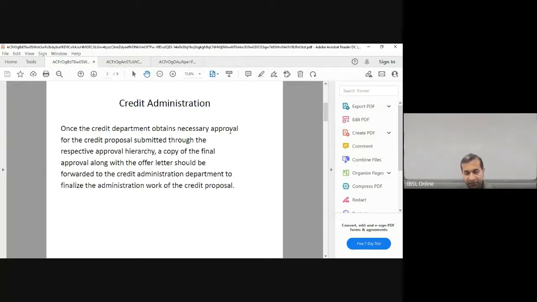Let's say that they agree with that, and then you have to get the customer to sign the offer letter. The offer letter is very important. And then from there on, it has to be handed over to the credit administration department. It is not the credit evaluator who did the credit evaluation, because the credit evaluator or the branch manager is in favor of the customer in most of the cases. And remember, the credit admin people and the credit risk people are totally independent people. There is a huge duty for credit admin people to ensure the documentation part.